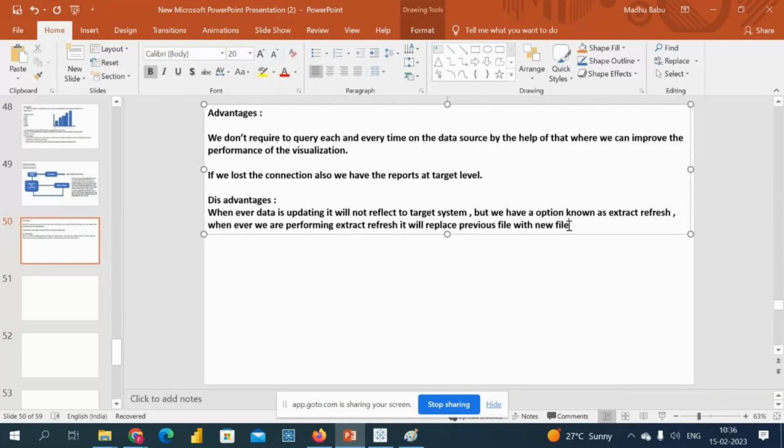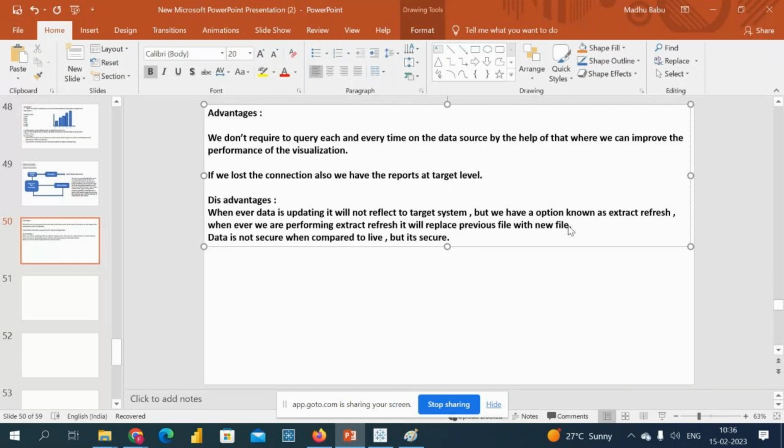And the final point is that data is not secure when compared to live. But it's secure only. Why I am telling this: if you go for an interview, you will say it's not secure, our sir told. There is a point that compared to live it's not secure, but data is always secure only, because